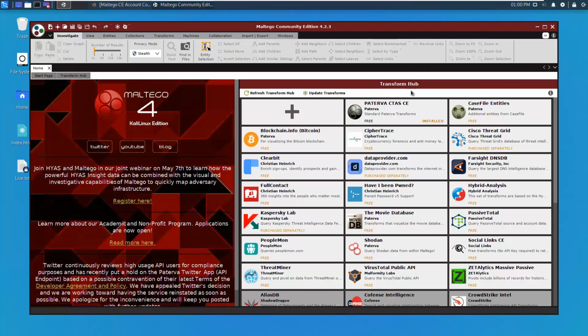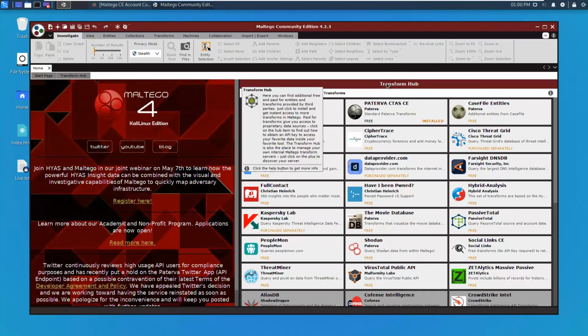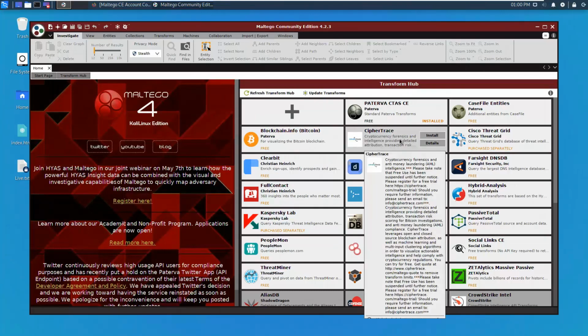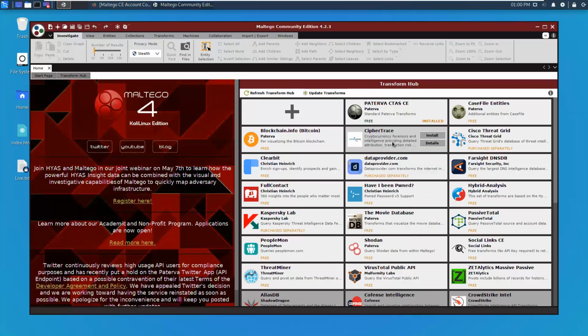Over here you can see a Transform Hub, right? There are two different things in Maltego. The first one is entity and the other one is transform, which you are seeing over here. An entity is something which you already know, like a domain name or a person name or an email address. Those will become your entities, and on those entities you will run some transforms which are provided over here.